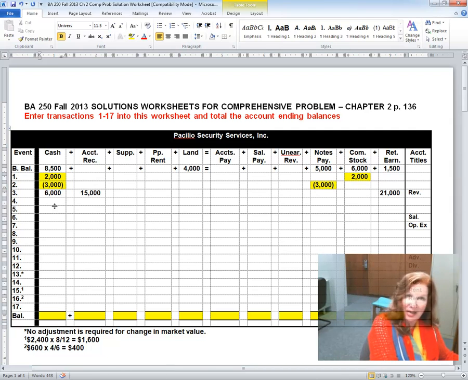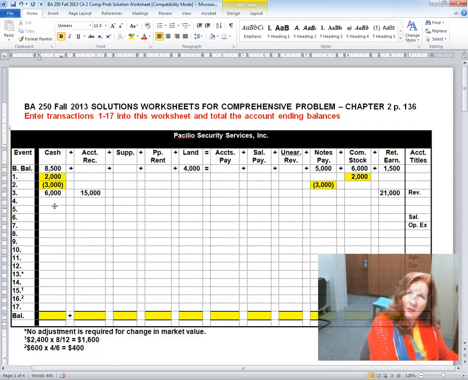You're going to have to come back and use that date later. Number 9, collected $13,500 of accounts receivable during the year. So accounts receivable went down by $13,500, and the cash went up by $13,500 because they paid us those amounts. They paid us. We collected